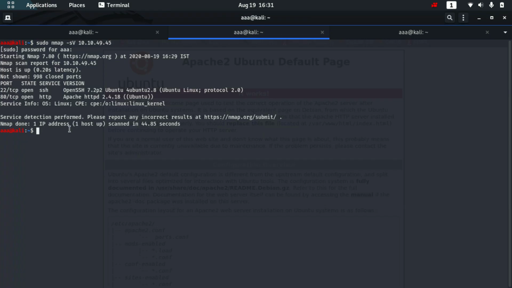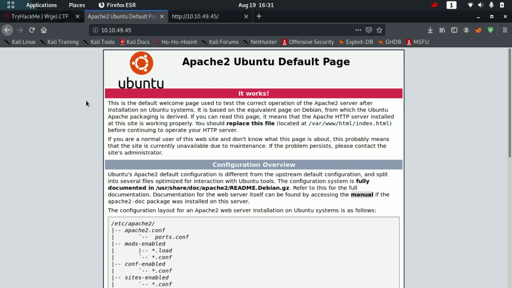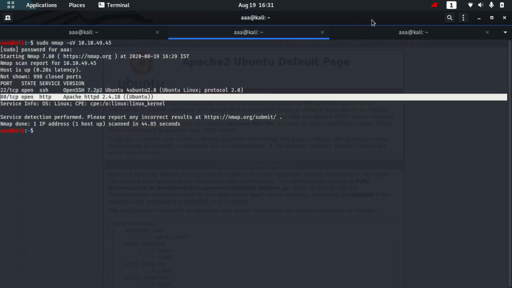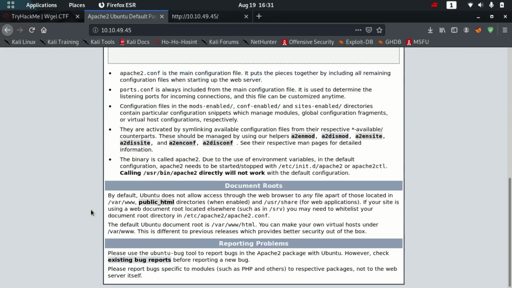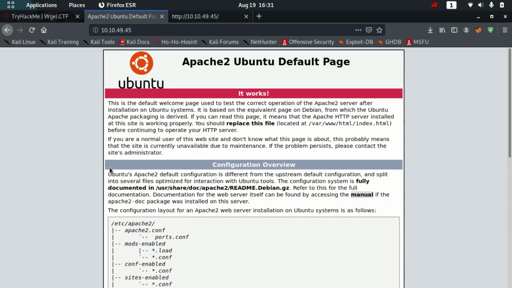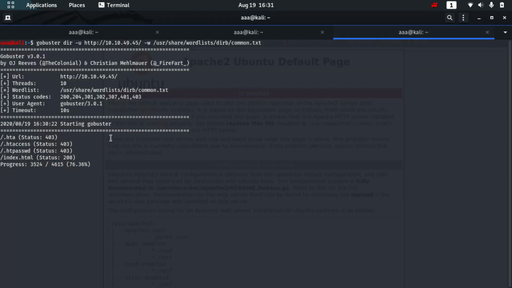All right, an SSH port is open, and an Apache port is there, which is this one, and we got one piece of information, Jesse. Cool. Okay, so now let's see the gobuster results and see if we can find something from this. Mostly we have to wait for gobuster.